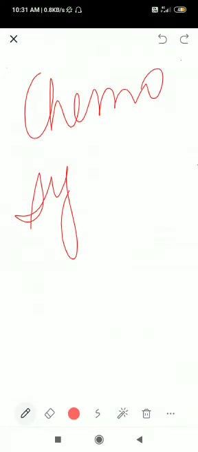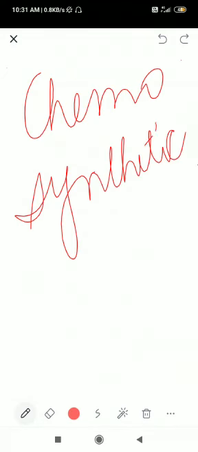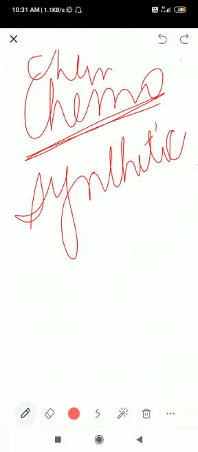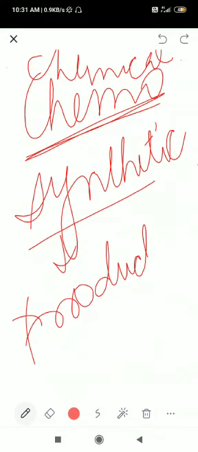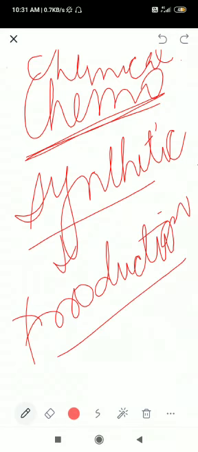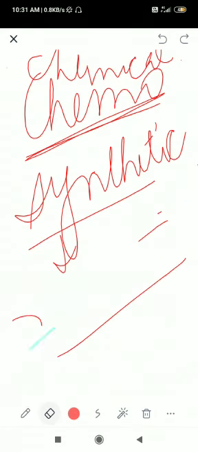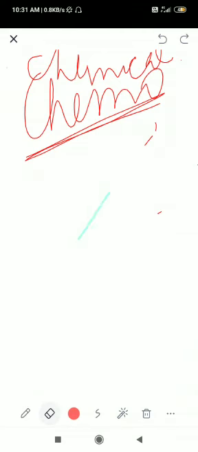Next, let us see chemosynthetic autotrophs. Chemo means chemicals. Synthetic means production. It means they use inorganic chemicals for their food production. We have seen cyanobacteria, but they used light energy and made their food on their own. But the chemosynthetic autotrophic bacteria, what do they do,